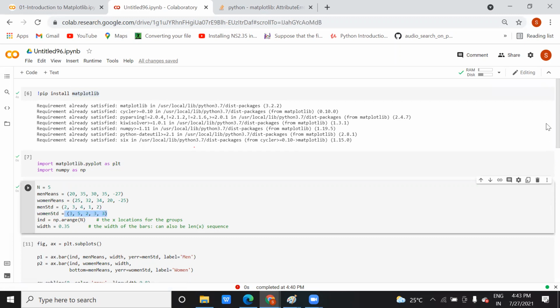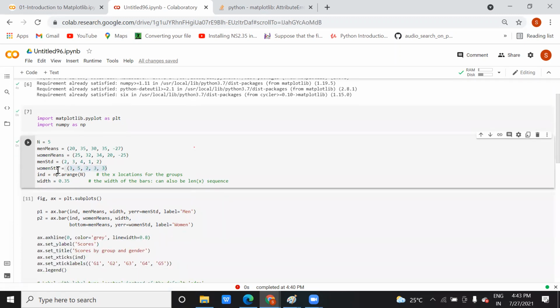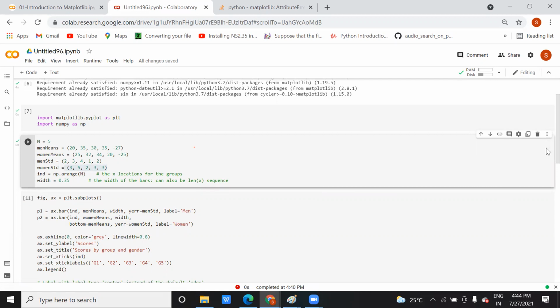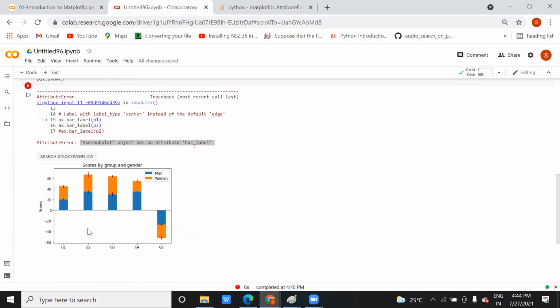Now here, in the variables ind and width, I am going to use NumPy for the x location, a range of n. So n means how many values? 5. So this x-axis will be assigned five elements. Why five?